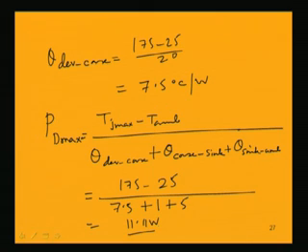Although the rated power, if we consider only from device to case, the rated power dissipation is given as 20 watts, but along with the sink and device to case, we will be getting the safe power dissipation as 11.11 watts. So, this example shows how the sink effectively introduces safety in the